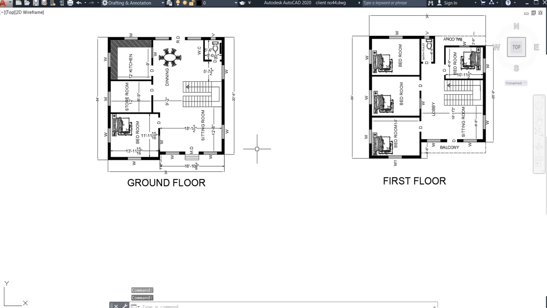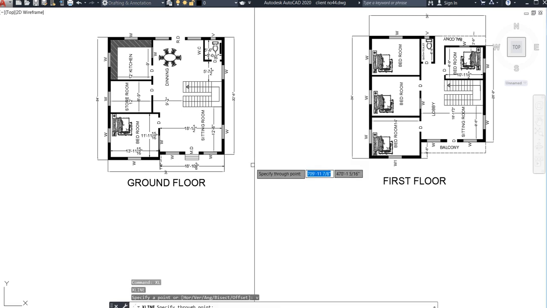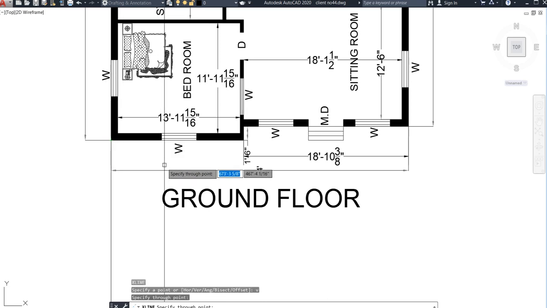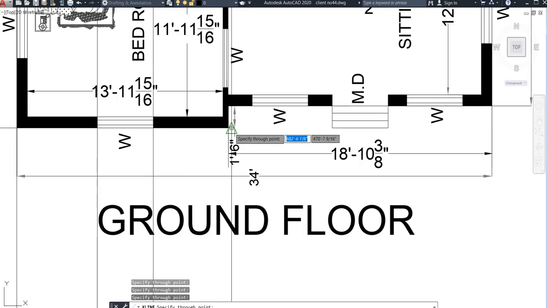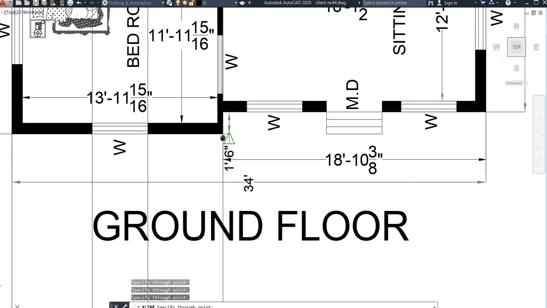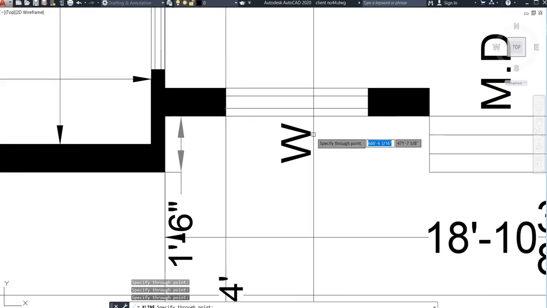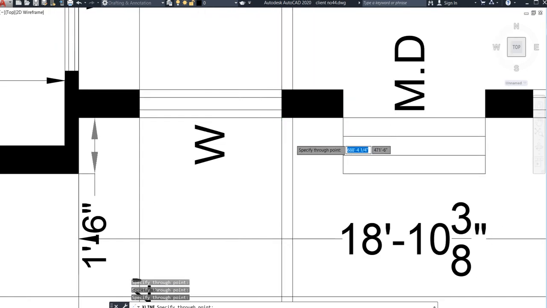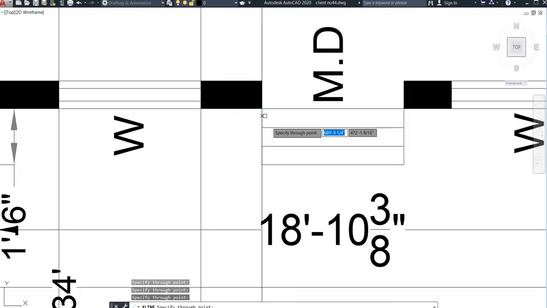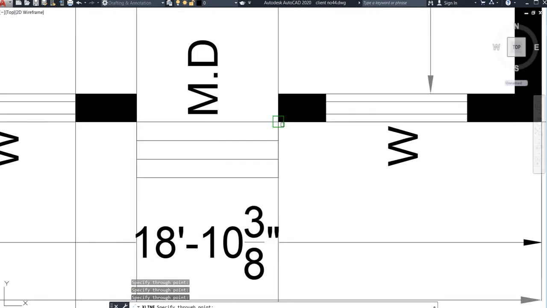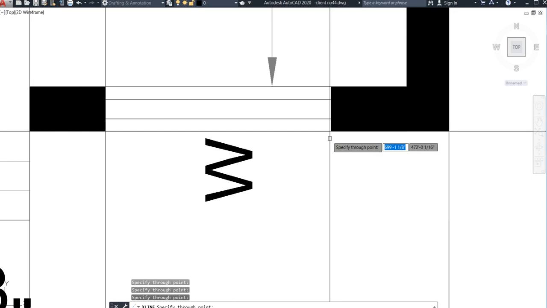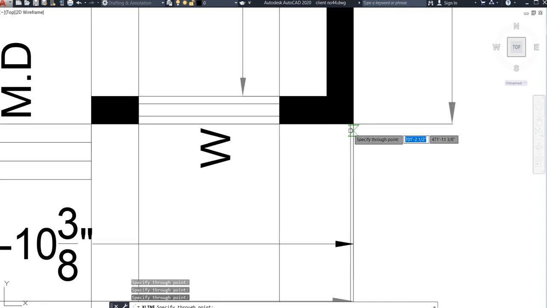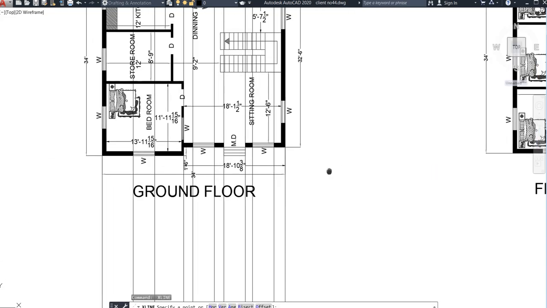Now go for the construction line, XL plus B for vertical. Go to the corner points as I told you in the previous class. This is for newcomers, so just look at it. If you can't understand, just comment and I will really help those who are not able to understand. But for that you need to watch this tutorial completely. Without watching it, learning is quite difficult. So take the corner points and the window reference lines, just as I have taken here. In the same way you need to take it here also.